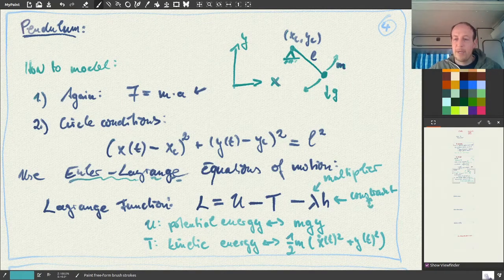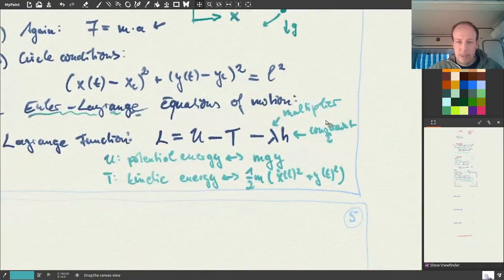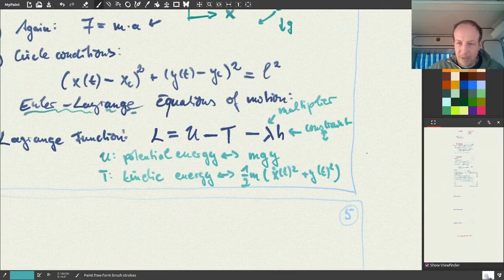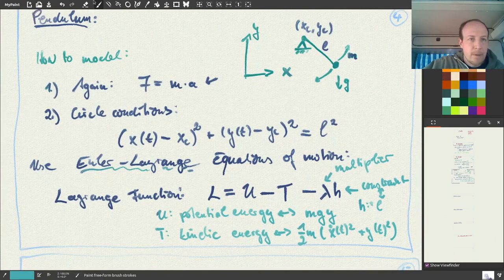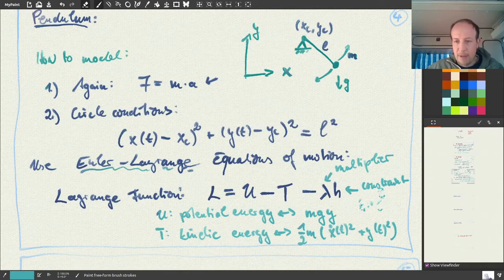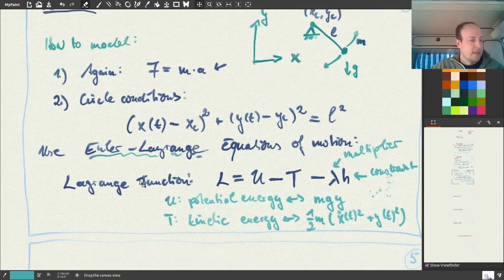And in this case of the pendulum, this is... I have an infinite blackboard here. So here the constraint is h. This is... no, that's not so nice. So this is the constraint. I will write this constraint once more on the next slide. We will need this. Okay, so this is the Lagrange functional,